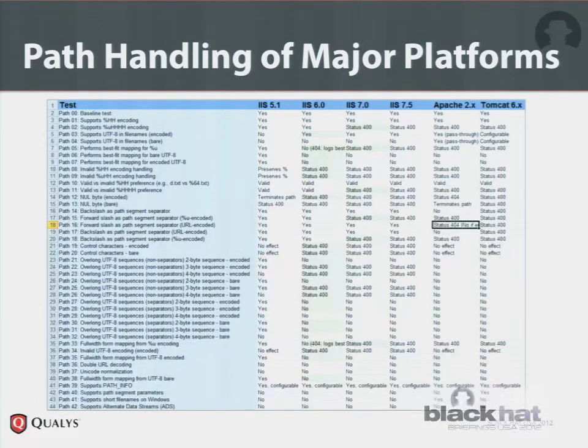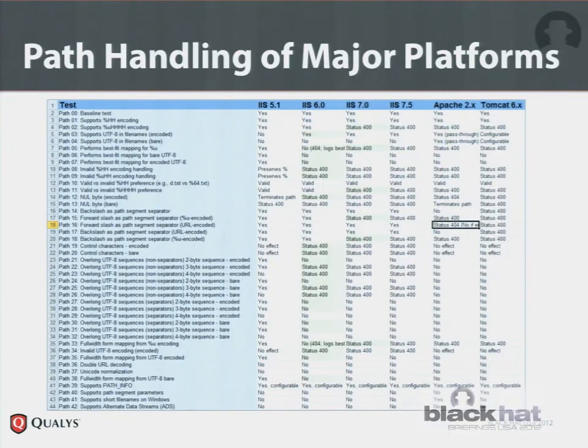So here's what I did. I think this is a major deliverable of this research: I've crafted 42 different tests that deal with path handling. These are 42 ways in which web servers are flexible and will accept different things, and 42 different ways in which you can try to evade web application firewalls.